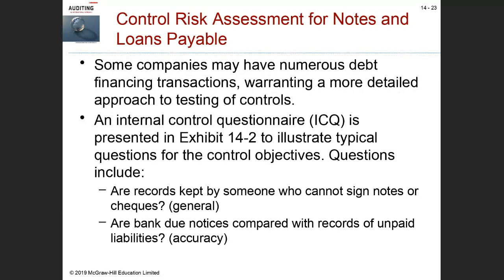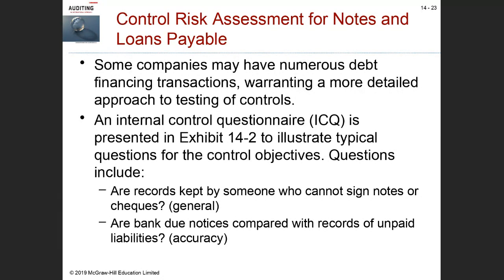So when it says here a more detailed approach to controls, it's not talking about actually testing and relying on internal control. They're just saying look a little more closely at internal controls. Now, they do mention an internal control questionnaire in Exhibit 14-2. That's on page 633 in the text. So that just gives you, again, a walkthrough of application controls that might exist in the various forms of audit assertions that we've seen previously.